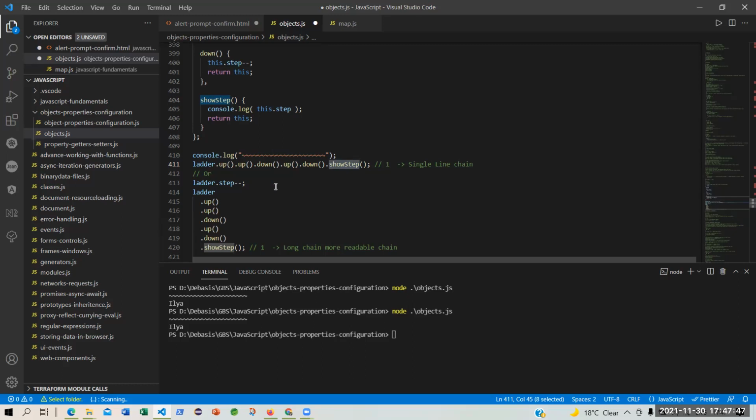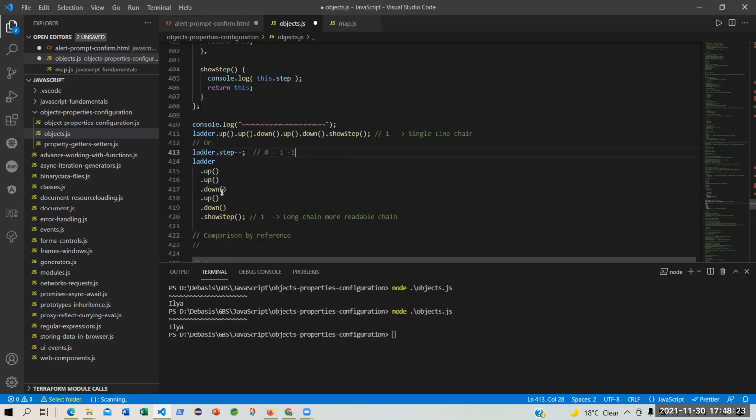Now I have come back. What is the value of ladder step? Will it be 1 or something else? 0, sir. 0. Because it is nothing but 1 minus 1. Step minus minus. It showed the current value when you say show step, and then you have said minus minus. Okay.